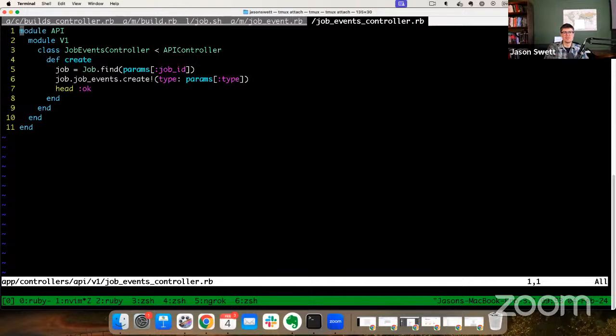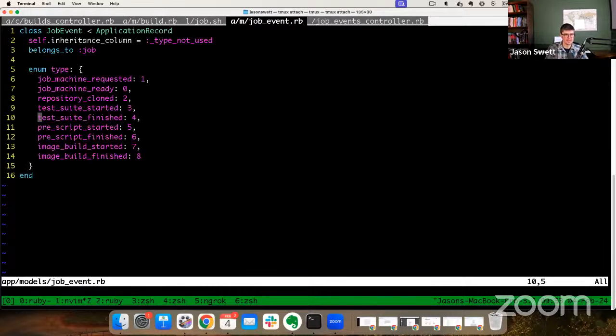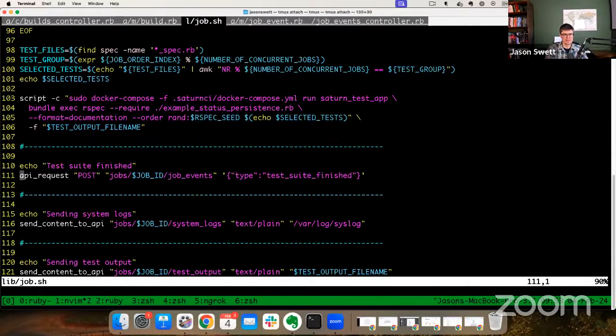Okay. So I'm going to do this. I could say if the job event type is finished, then check and see if all the jobs are finished. But I don't want to pollute this job events controller because the job events controller is very general purpose. I think what I want to do is create a new controller called, hmm,